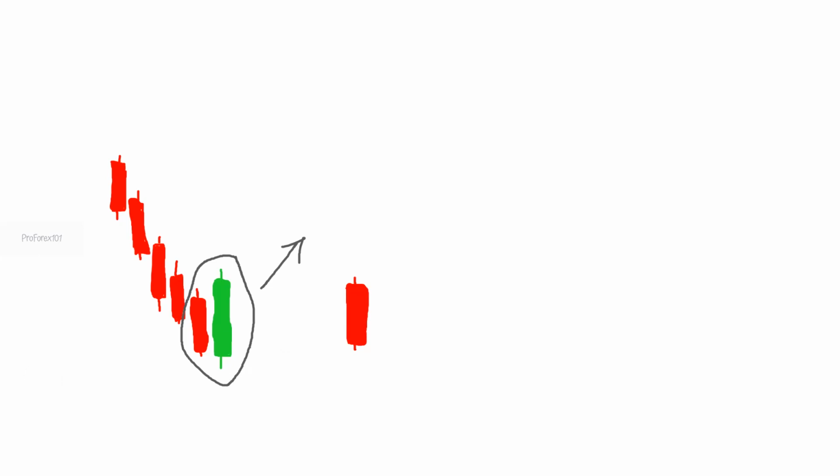So let me draw another green one. If you have a scenario where the next candle, the green candle, is something like this,